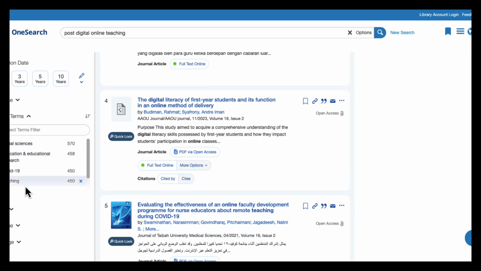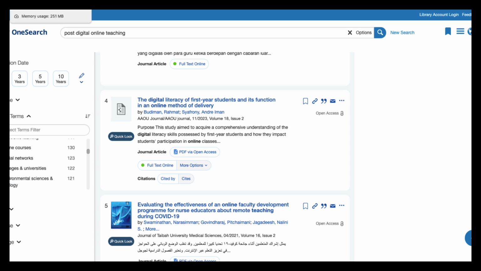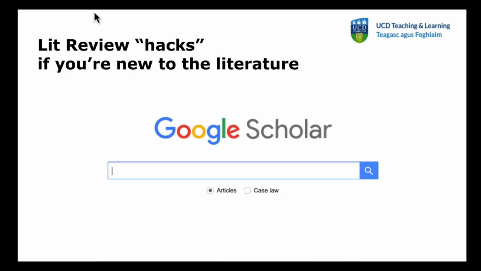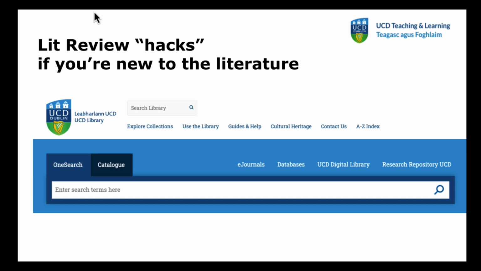The subject terms are really helpful as well. So if you're looking for maybe a specific discipline, engineering, let's say, or education, or foreign language teaching, you name it, that really helps to filter things down as well. So as you're searching, keep remembering that filters are your best friend when it comes to doing literature reviews in the SoTL space.